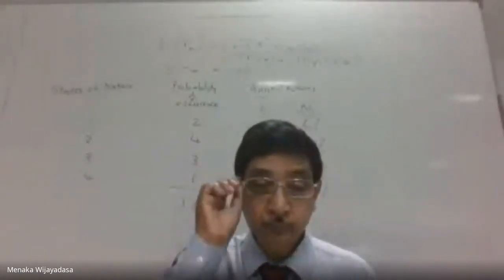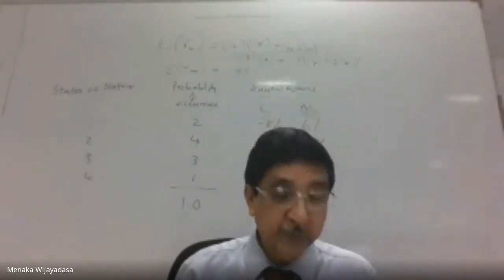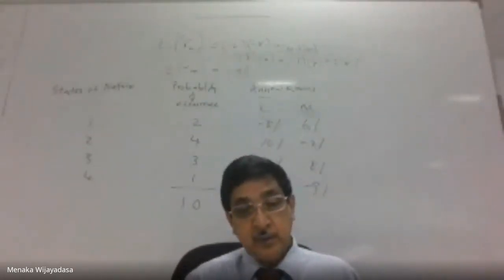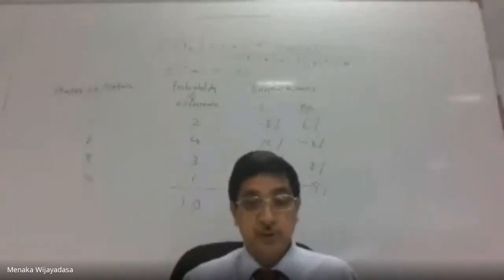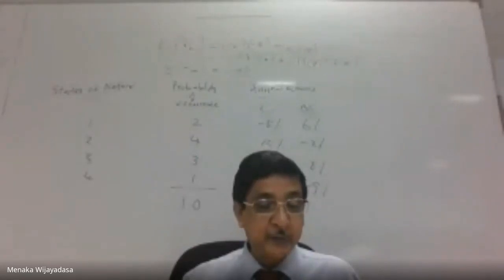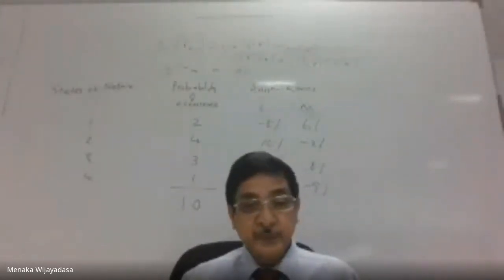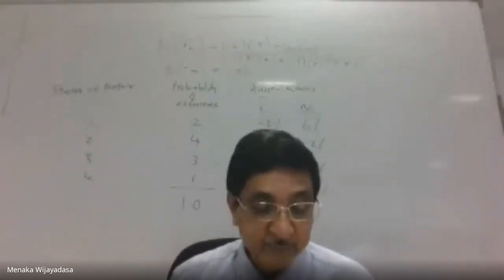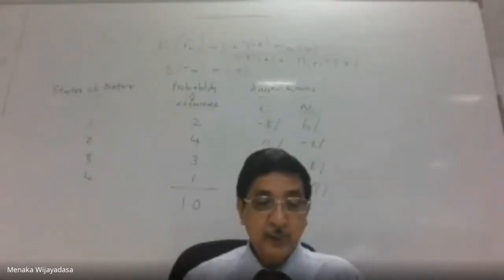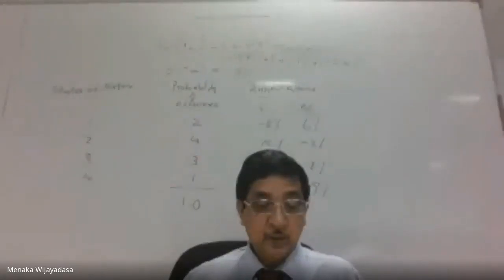Right. Now, what we can do is we can have a schedule for this. We have already calculated the expected rate of return of L, that is 2.5%. Expected rate of return of M, that is 1.9%. And now we will try to have that schedule. In that schedule, I will show it on the board.